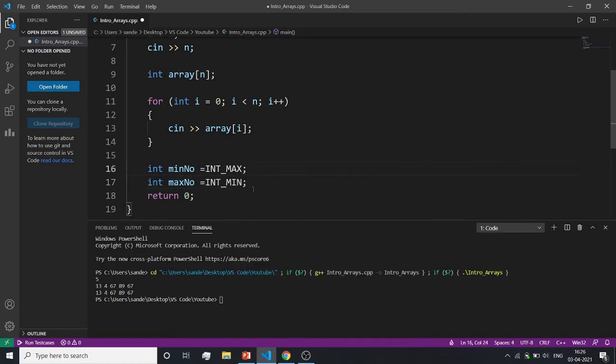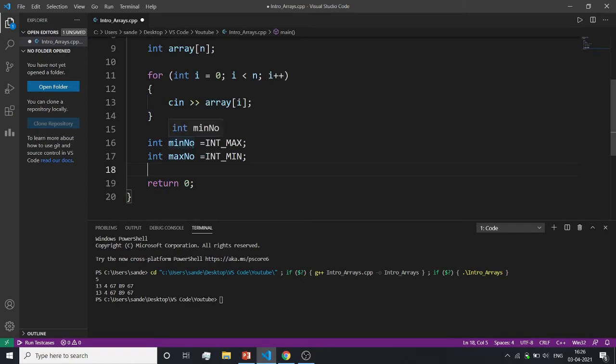Because we want to find the minimum and maximum number, so we should define the minimum number as the maximum value first of all. Then when the operation is done on the array, it will automatically compare and detect the minimum number against INT_MAX. INT_MAX is declared by default, initialized by the compiler only, right?